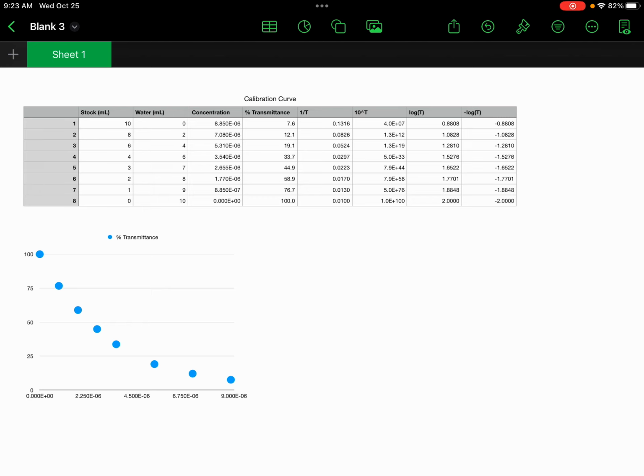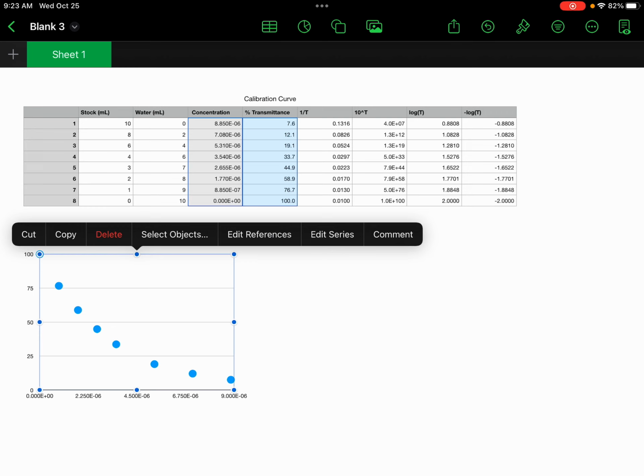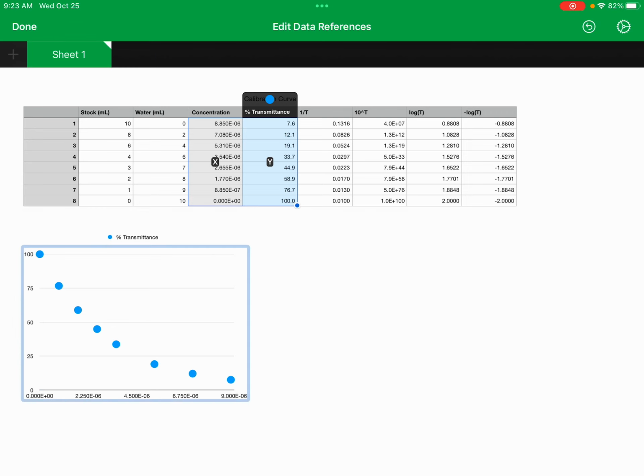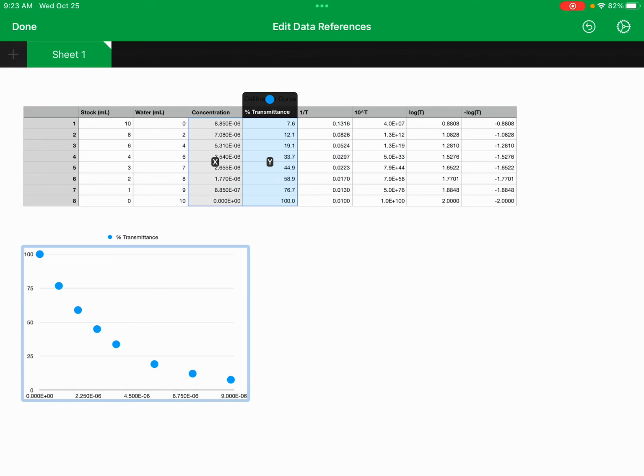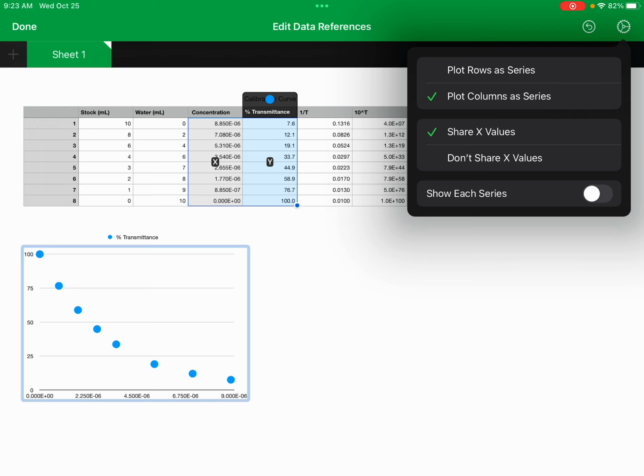I need to choose one of these other columns. To do that, I can click on the graph and hit Edit References. And I can't just drag this column over because it will drag the x's over as well. So it's kind of a little glitch that Apple Numbers has. So what I want to do is hit the gear at the top right, and I want to,